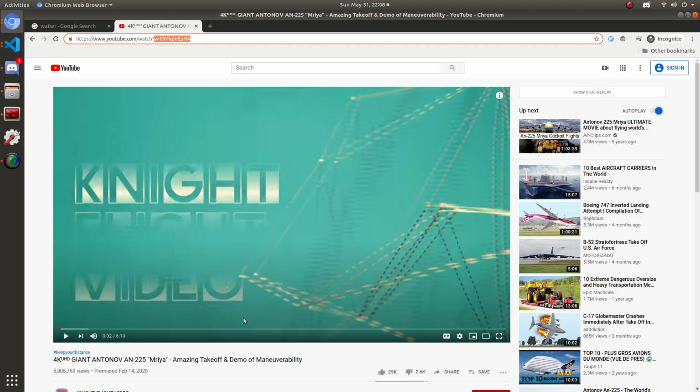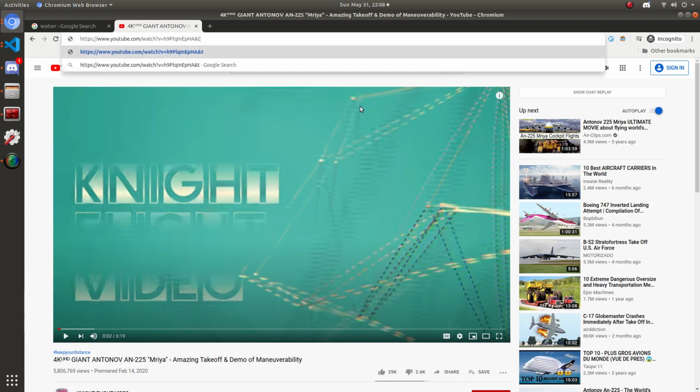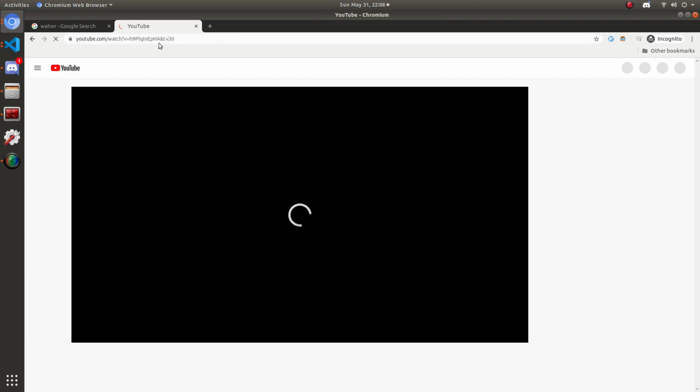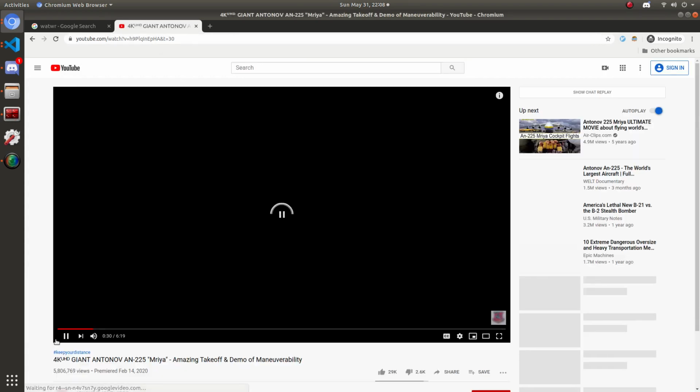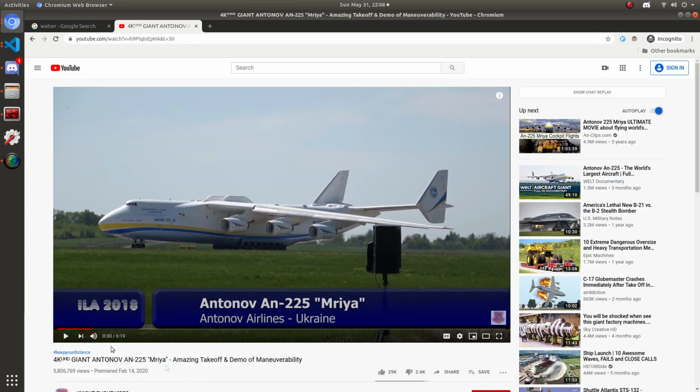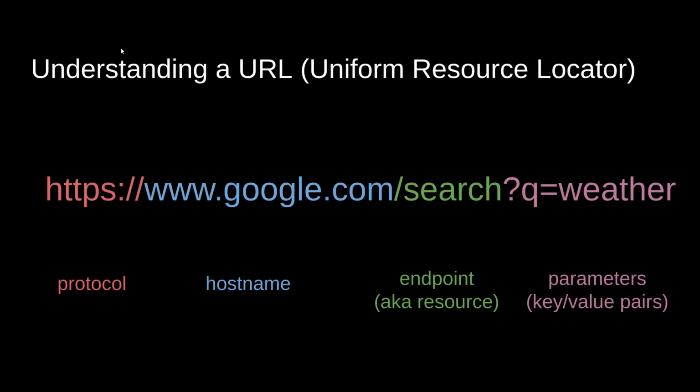And one more thing to note is that you can also add another parameter in here, which we will right now. If you do ampersand t equals, and then let's say 30, this parameter right here, what happens is it basically skips to 30 seconds, and it interpreted this as another parameter to the endpoint, which is pretty cool. So you can actually modify the contents on the web page just by messing around up here. Awesome. Now that that's out the way,